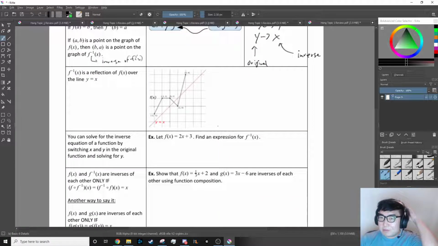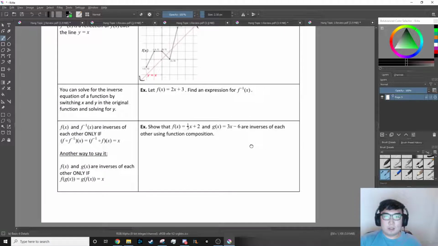The inverse of x is a reflection over the y equals x line. And I've shown to you this already in class, but just know that this applies, and it is true. You can solve for the inverse equation of a function by switching x and y of the original value and solving for y. Like, for example,